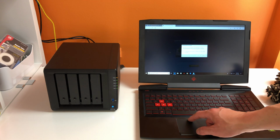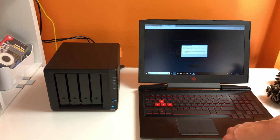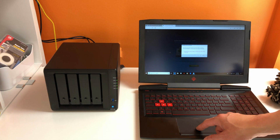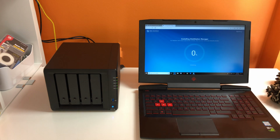Install now, and it'll say all data on the hard drives 1, 2, and 3 will be removed during installation. Are you sure you want to proceed? And I'm going to say yes, I understand, because these hard drives are blank. And there it goes. So I'm going to let this run. I'm not sure how long it's going to take. It's 8% so far, but let's see how long it takes. But I'll be back, guys. I'm going to let this run, set up, and hopefully I can show you guys at least a quick overview